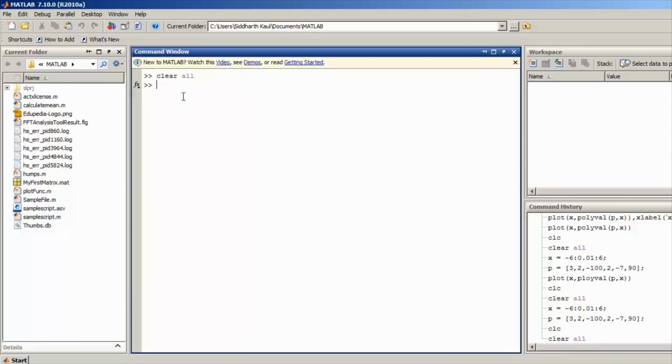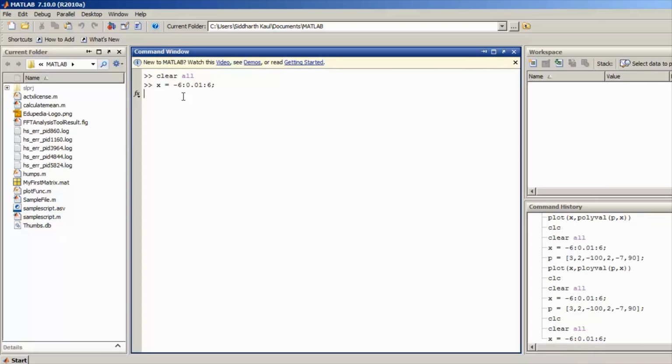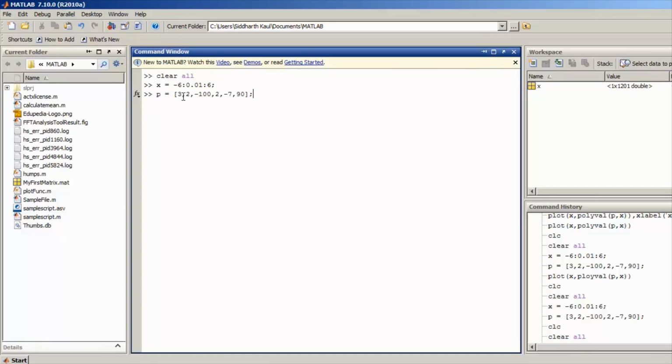Let's see how we can save the plot that we create. First I'm going to create a vector. Let's take the example of that same polynomial function. I will create a vector x from range -6 to 6 with a spacing of 0.01. Then I'm going to take the polynomial vector p, that is 3x^5 + 2x^4 - 100x^3 + 2x^2 - 7x + 90, and I will create a vector p.